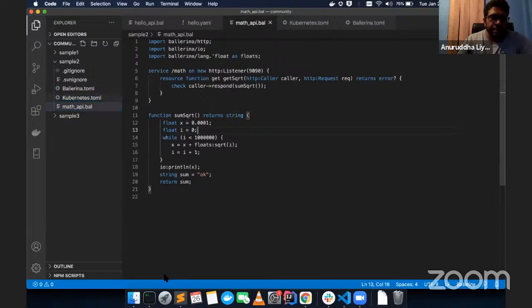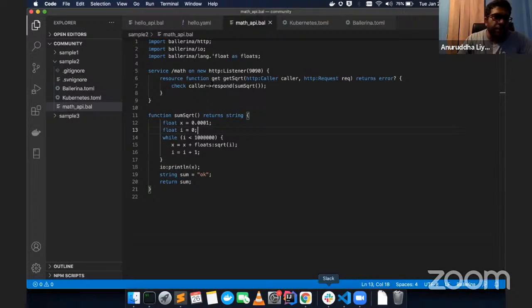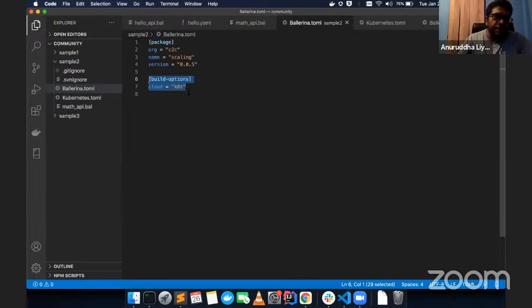Let's build this one and see what the output looks like. In this one, I'm just going to use ballerina build because we can provide the build option in the toml file as well. If it is provided in the toml file, we don't have to use the --cloud option. It will automatically generate each time you build.